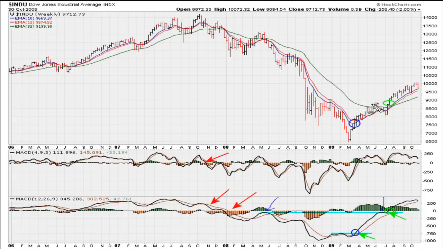So lots of things were taking place at that particular point. There was a good entry point in the market because the MACDs were moving above 0, and you'll notice that this MACD, the secondary MACD, had moved above 0 here, which is this time period here, a nice entry point,